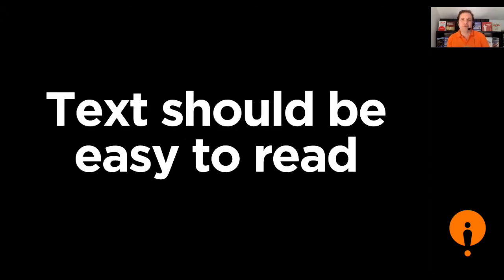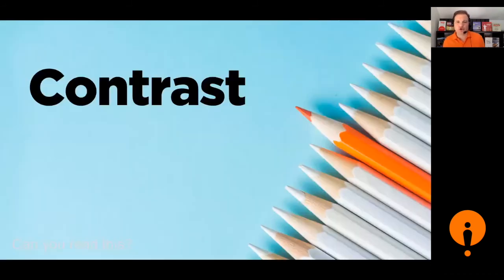The first aspect is that text really should be easy to read. There's some text on my slide here. How easy is that for you to read? Would it be possible to read that on a smartphone? I don't think so. So if you're not sure your text is big enough, it's not big enough. Make it bigger. The second thing is to think about contrast. You need to make sure that things show up properly on their screens.